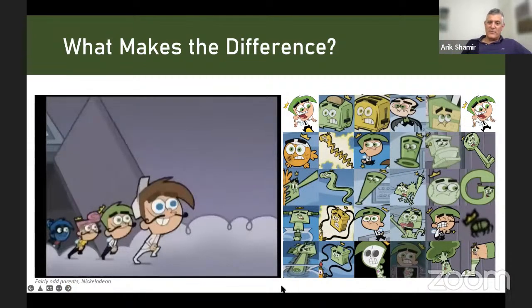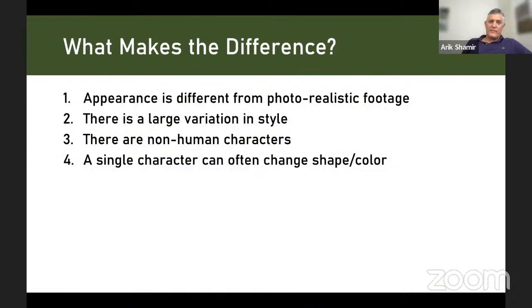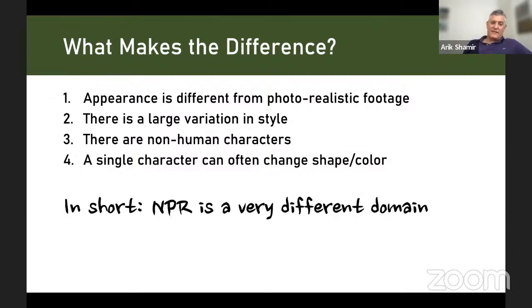And this is extremely difficult for machine vision today. So in essence, all these things tell us that the non-photorealistic domain is really a very different domain than images and pictures that you take from your camera, and therefore it needs a different way of handling.